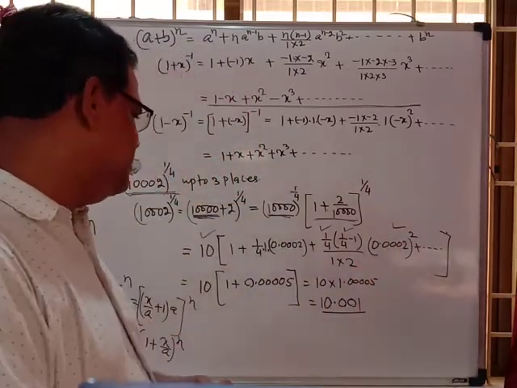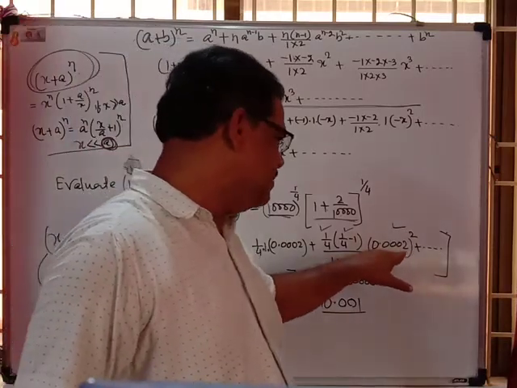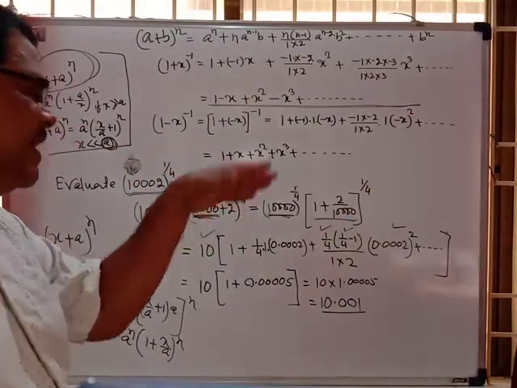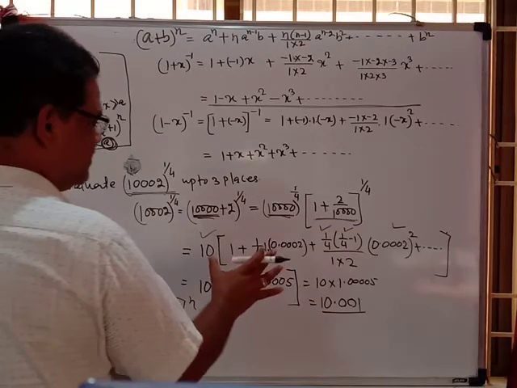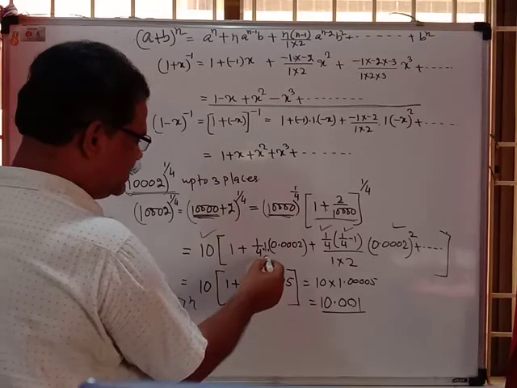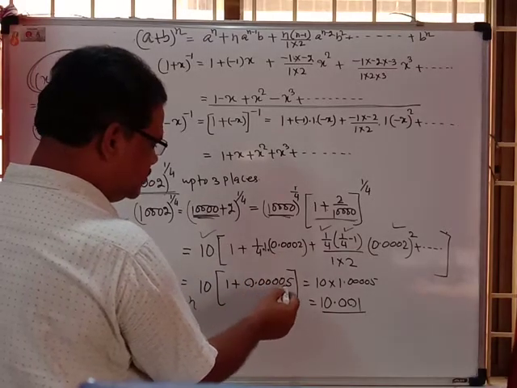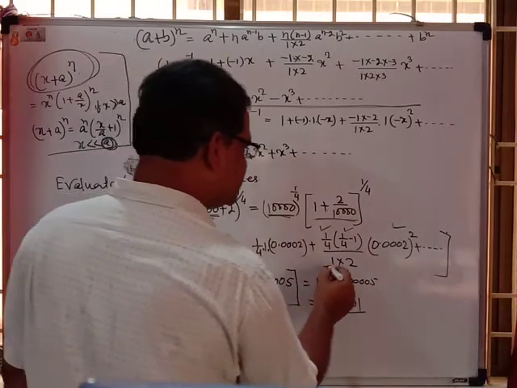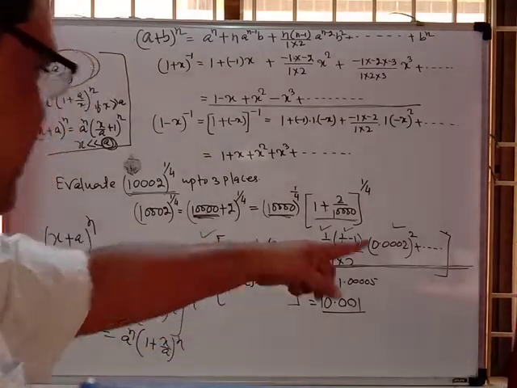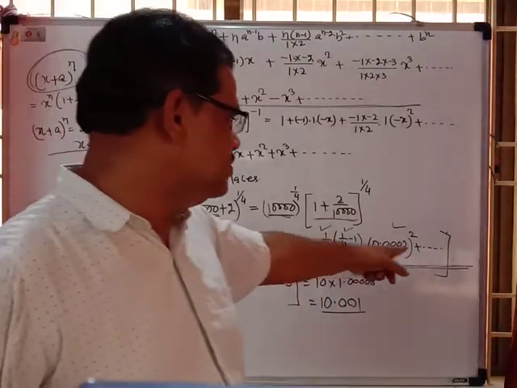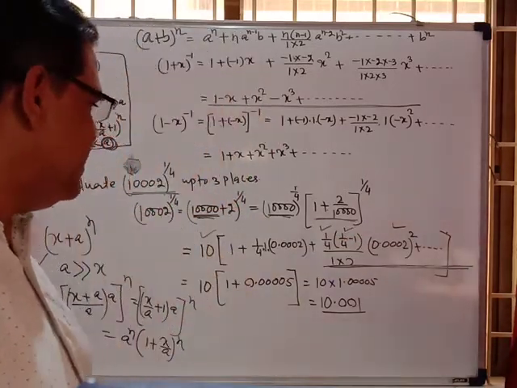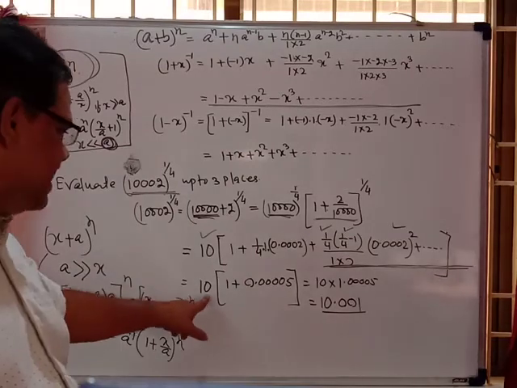In this manner we will be finding 0.0002 cube, 0.0002 to the power 4, and so on for the higher terms. But particularly in physics, we have to restrict it here only. So 10 into (1 plus this divided by 4, which is 0.00005). You close it here, and all these terms are neglected, because of higher powers of 0.0002 squared, 0.0002 cubed, and so on, which will be neglected.